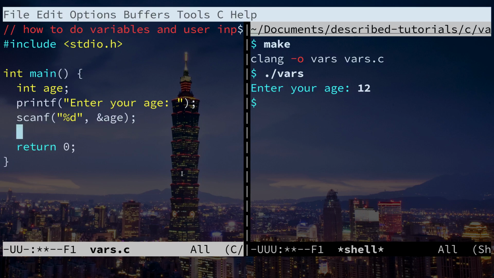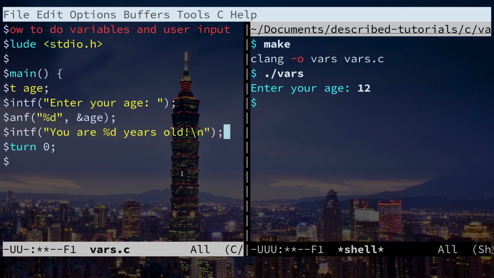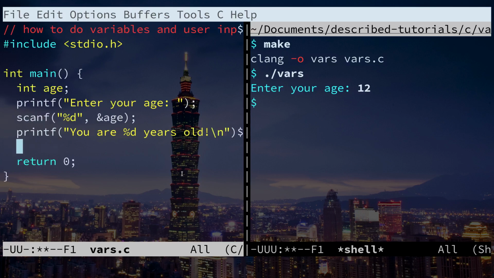Okay. So now what? So now we want to print this. Well, can we just print age? No, we can't. If we want to print age, we have to use the same format specifier that we used with scanf. So I'll show you what I mean. printf("You are %d years old!\n");